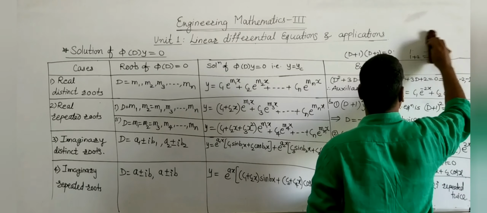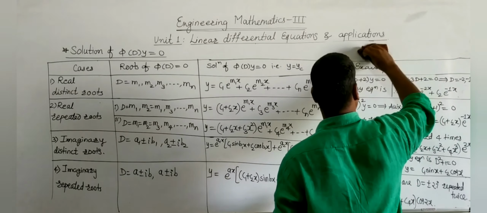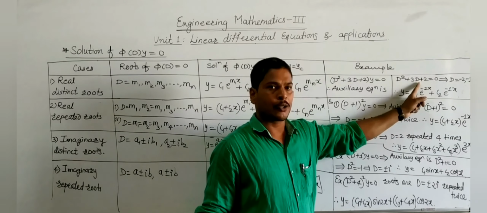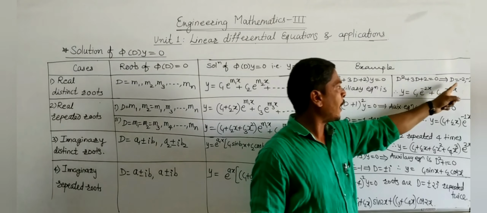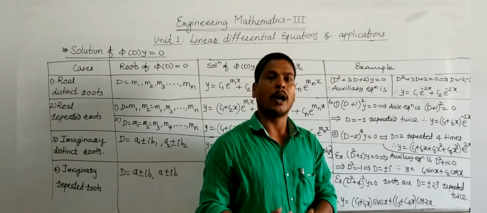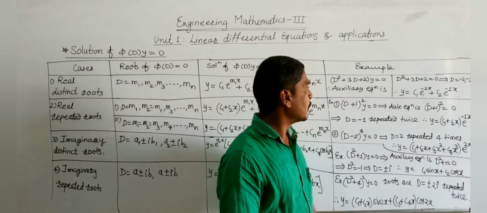a calculator. So use a calculator to find the roots of our auxiliary equation. So the roots are -1 and -2. Both are real numbers and both are distinct. So using the first case, our solution becomes